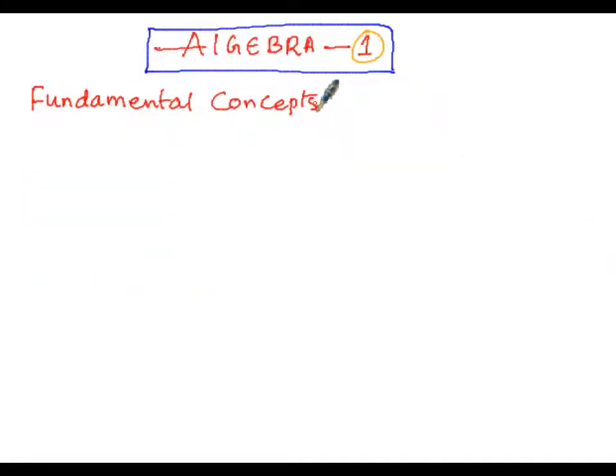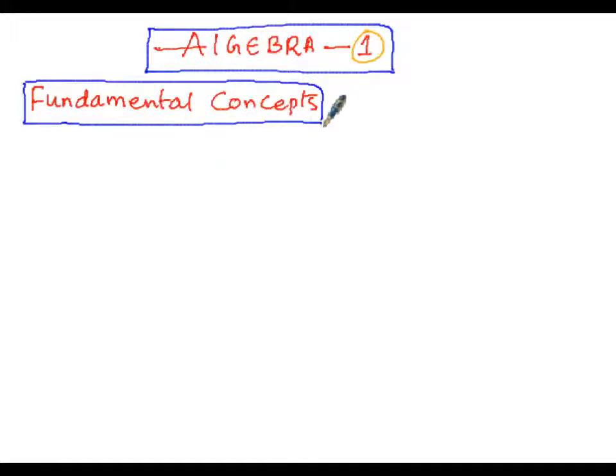The definitions of a constant, variables, term or algebraic expressions, degree of an algebraic expression, monomial expression, binomial expression, multinomial expression, and so on. So here, first of all,